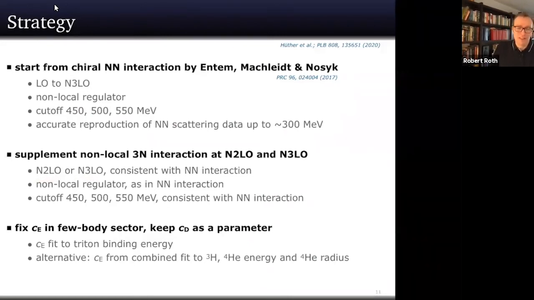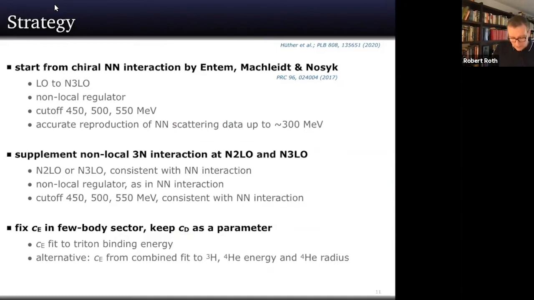Otherwise, you would have to devise a massive optimization and fitting framework, and that has been done for simultaneous fits of the two-body and three-body interaction. This is something that the Oak Ridge group with lots of collaborators has pioneered, and this is essentially where the N2LO-sub interactions come from. But we don't do that. We just stick to the original two-body force, supplement the three-body force, and determine these two low-energy constants, which are called cE and cD. It doesn't matter where they come from for the moment. There are two of them, and typically they are determined in the few-body systems.